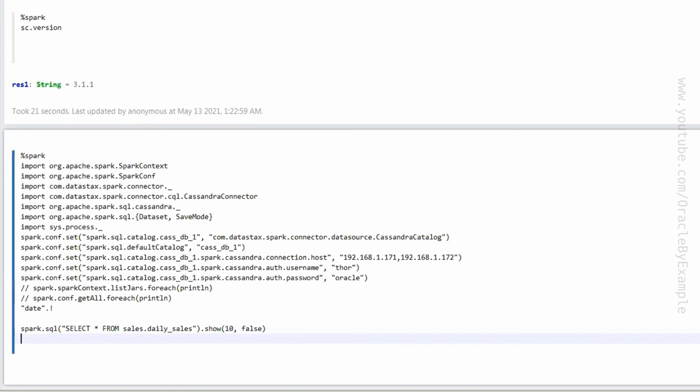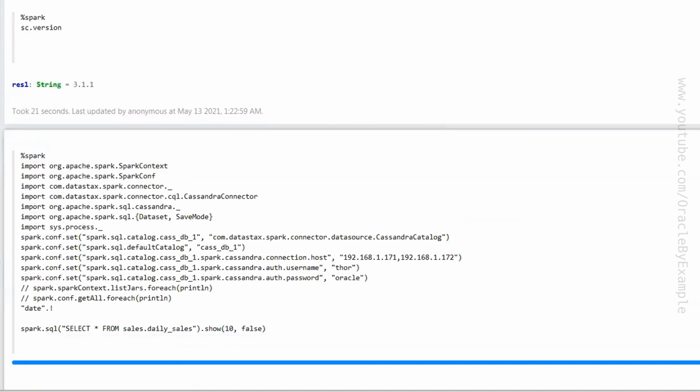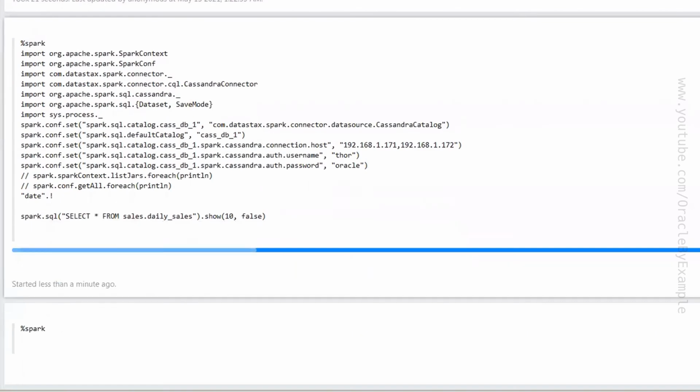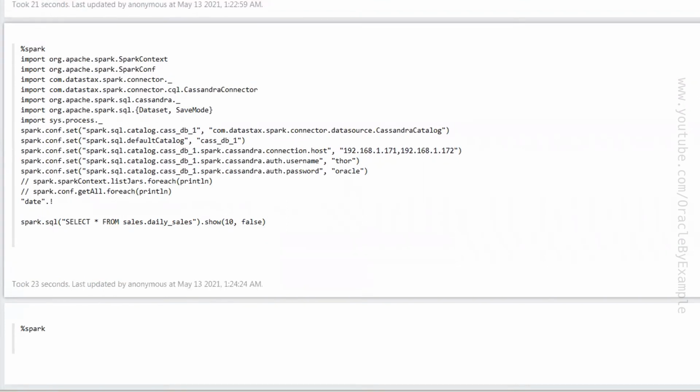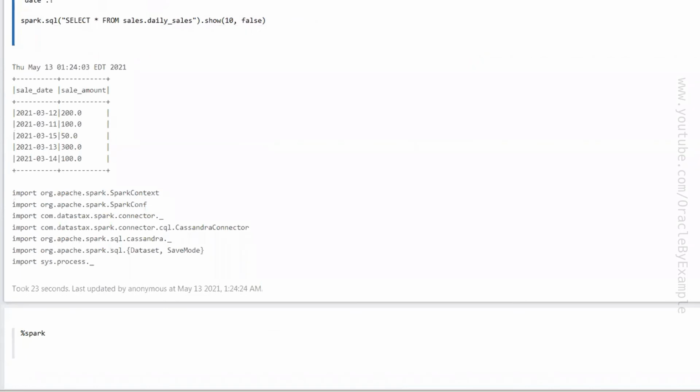Internally, Spark will connect to Cassandra using the Spark Cassandra connector, and it will run a Spark SQL on a Cassandra table. As you can see here, we got the data which was stored in Cassandra via Spark job.